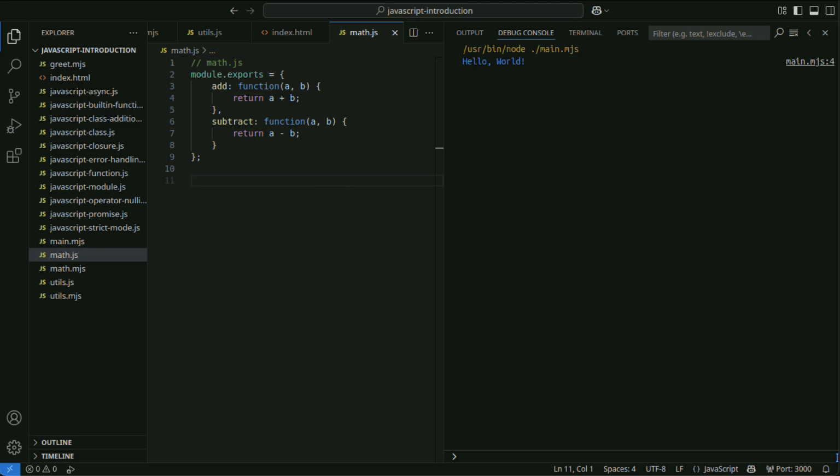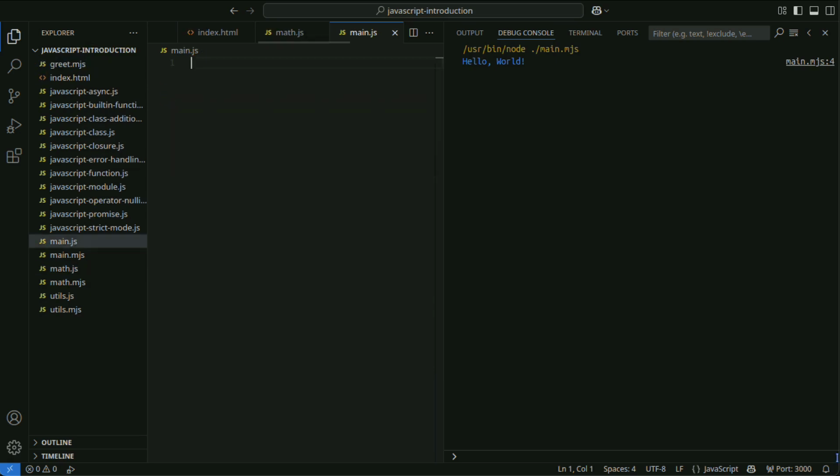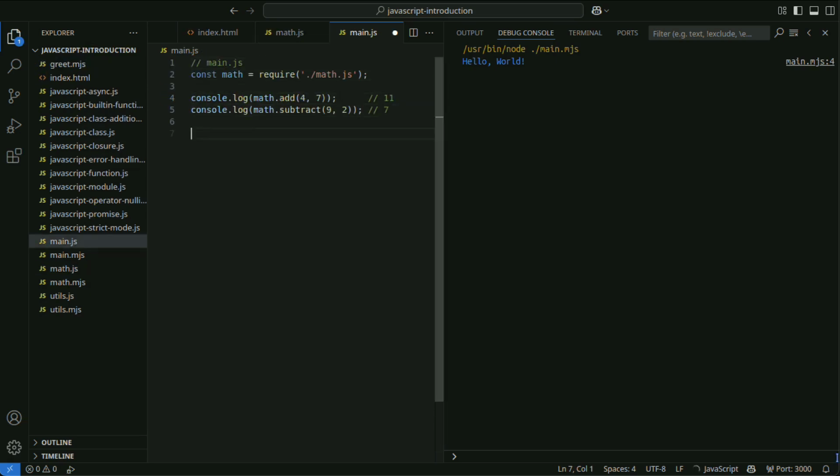Modules can be imported in CommonJS as follows. In Node.js, CommonJS is used as the default module system, but ES modules are also supported.